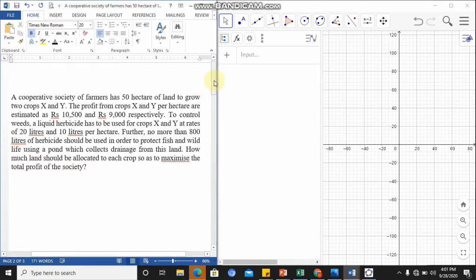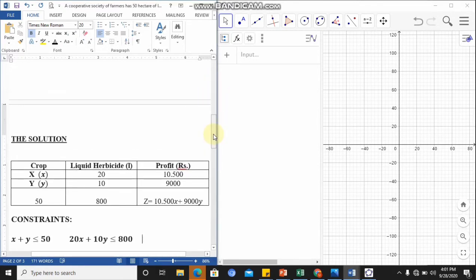So the solution: I make a table for easier understanding. This is for crop X, Y with variables X and Y. And this is for liquid herbicide. For crop X 20 liters and for Y 10 liters, and this is for the profit. And this number we get from